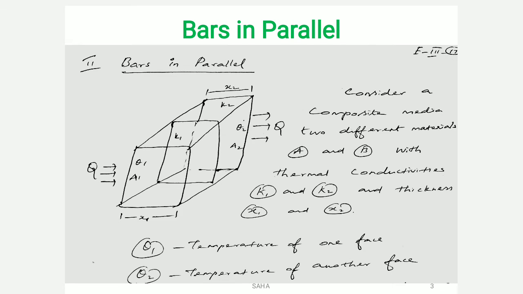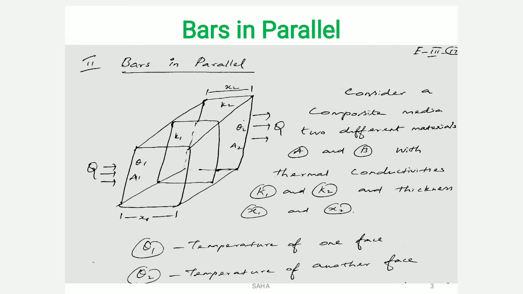through compound media, two objects in parallel position. So, metal bars in parallel position. Already we discussed two metal objects, two materials, in series condition. So here we are going to discuss two metal bars in parallel position. In this diagram, there are two metal bars in parallel. These are the two different objects A and B.